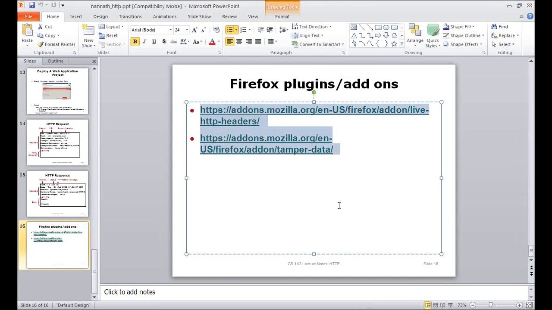first you need to download Firefox. Then in Firefox you need to get these two softwares installed. I sent you two links in the chat. So once you install your Mozilla Firefox, then please install these softwares as well. I have two Firefox add-ons called HTTP headers as well as tamper data. So these two things I need, and other software I will need is Tomcat